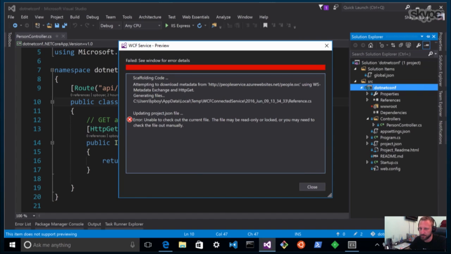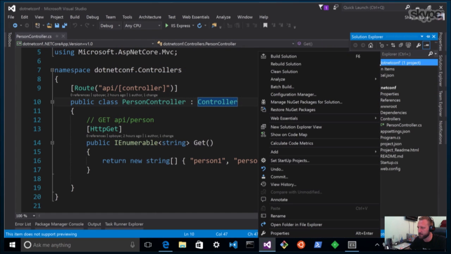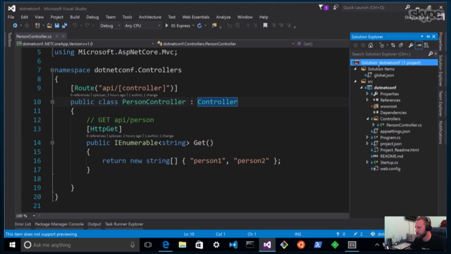It looks like it's trying to check out a file from your source control. Yeah, that's awesome. So what's your source control? Just Git. Something read-only? Shouldn't be at all. But when in doubt,